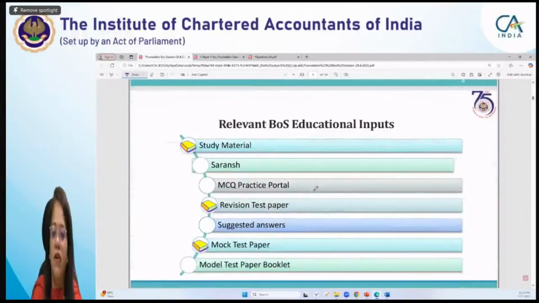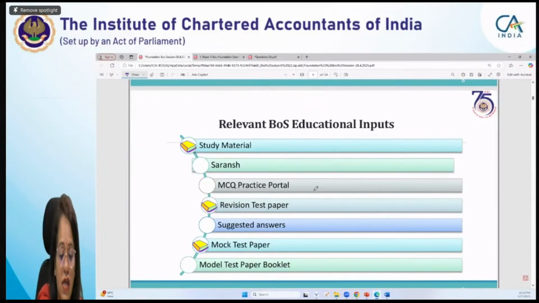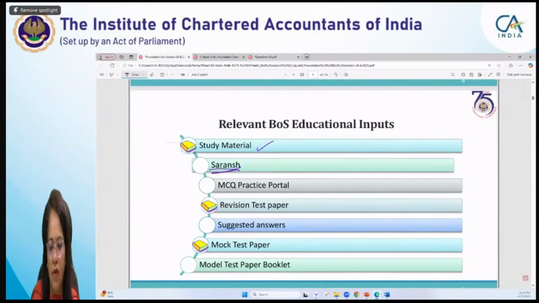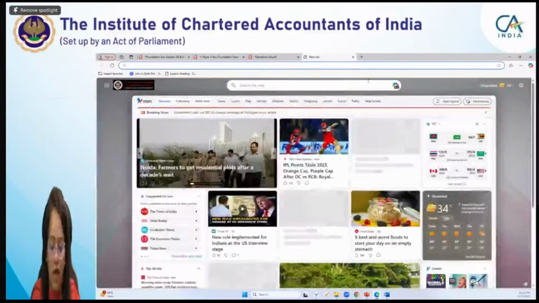What relevant BOS educational inputs do we have? What all inputs do we have in our study material? We have study material, all of which is hosted on the ICAI website. We have our study material, which contains most of the questions. Then we have Saransh. If you see from the website, I can show you from the website also. Saransh are notes form booklets here,